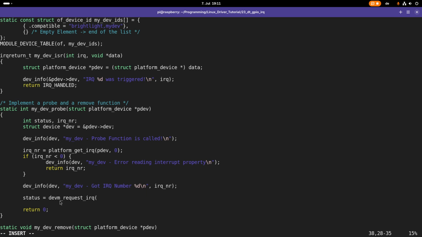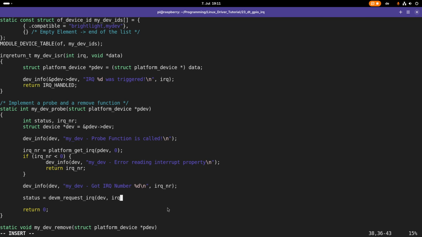That's what this M here stands for, and this means we don't have to free the interrupt manually, because this interrupt here is bound to the lifetime of this platform device here, and when the platform device disappears, the interrupt will be freed automatically. Okay, so the first argument here is the device for which we are requesting the interrupt,